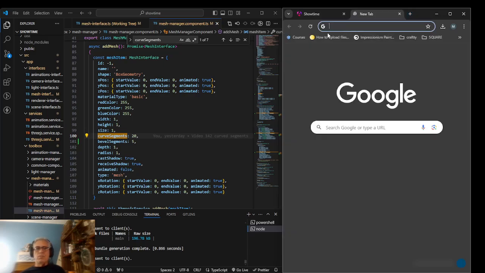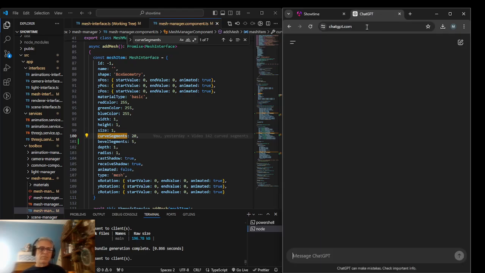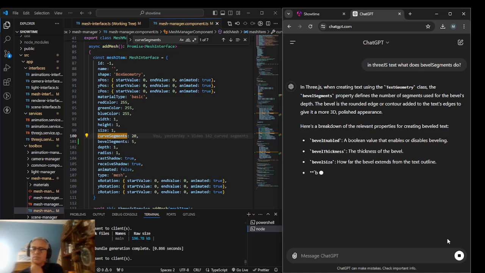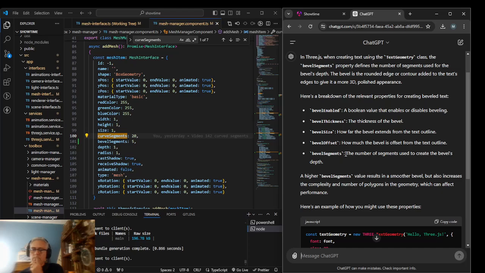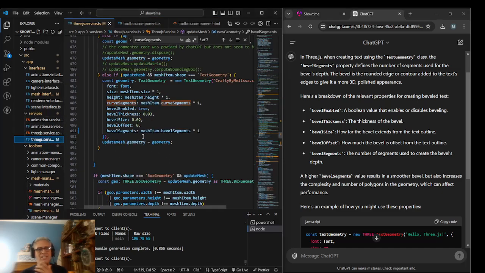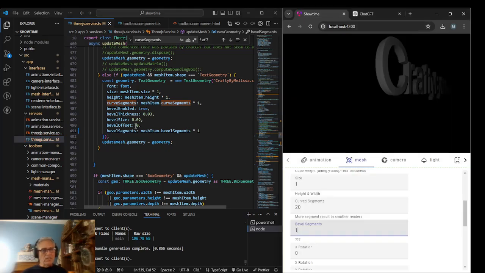All right. Let's go to our old buddy ChatGPT. In ThreeJS text, what does bevel segments do? The number of segments used to create the bevel depth. Oh, so maybe it's because I don't have an offset. What is our bevel offset right now? Default bevel offset. Okay, so bevel offset is 0. So that could be it, so let's make the bevel offset 2. I generally don't know what that's going to do either, but